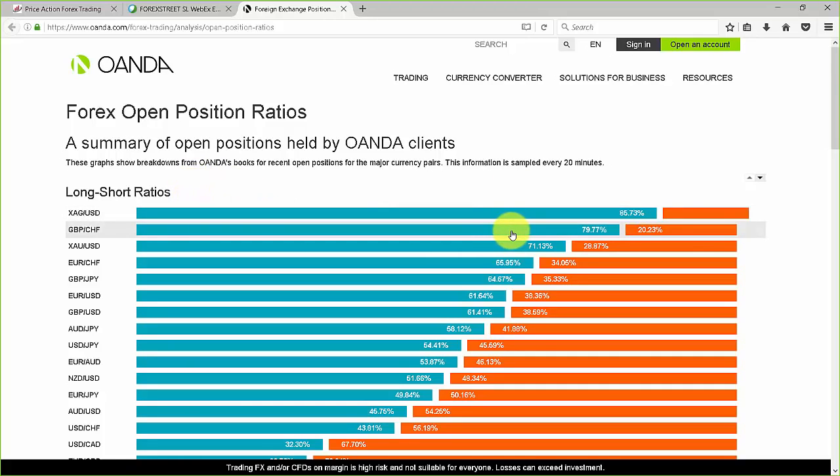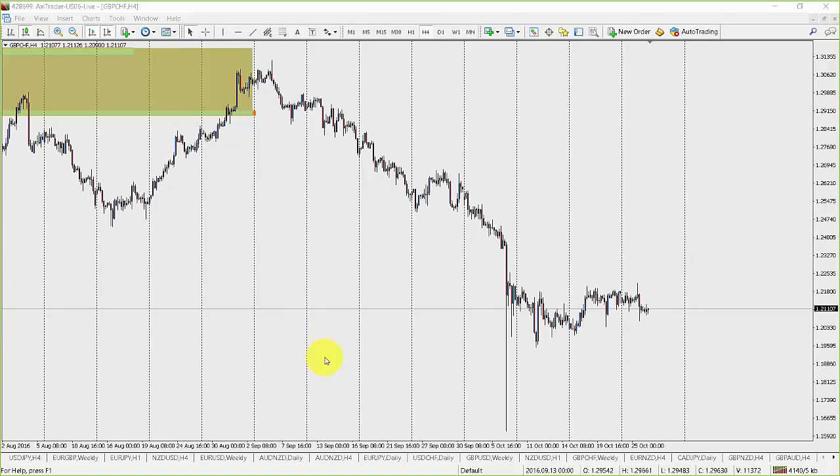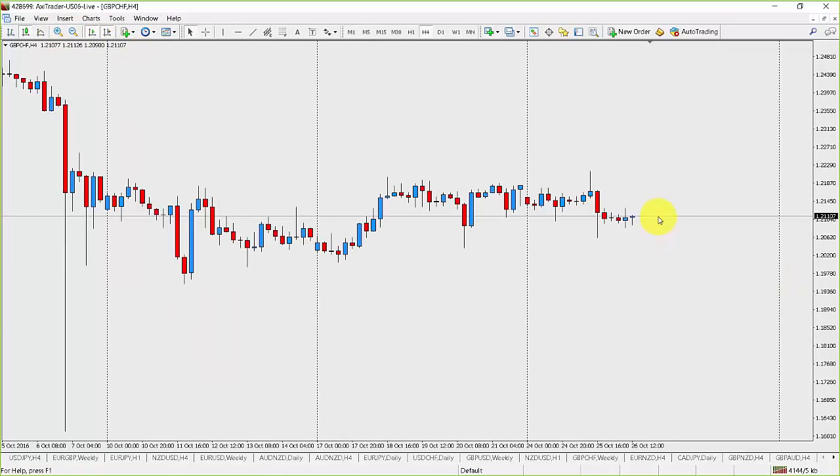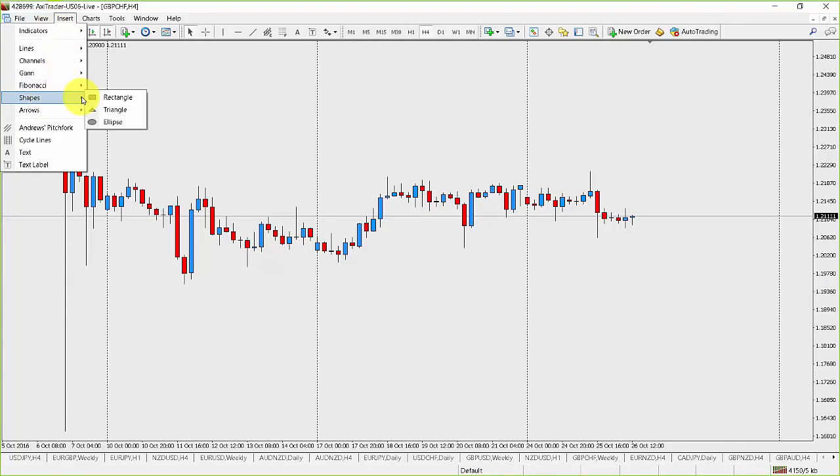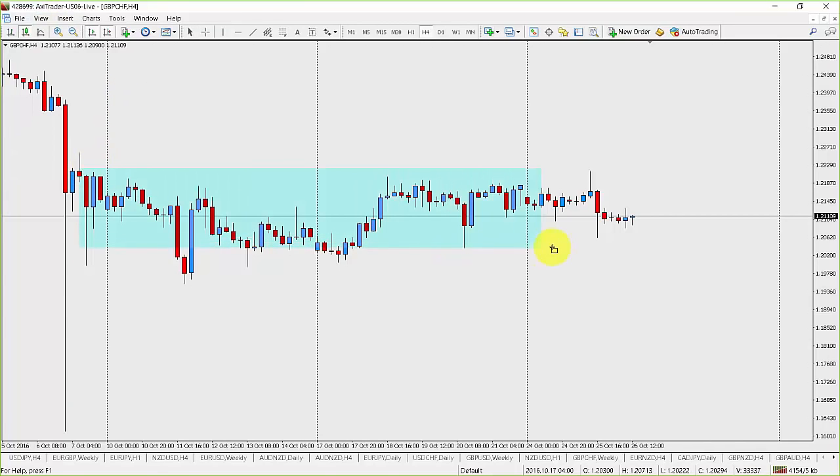Same thing here. You can see pound Swiss has moved up to the 80 level or close to it. This is updated, I think, every 20 minutes. So again, to me, that tells me that a lot of people are buying the pound, specifically against the Swissy. So to me, that's another sign that that's not something I necessarily want to do. I don't really want to be buying pound Swissy right now. So I think it makes a whole lot of sense to look for a potential sell, but you've got to wait for that signal. So on the pound Swissy, again, it would be, for me, the last kiss,